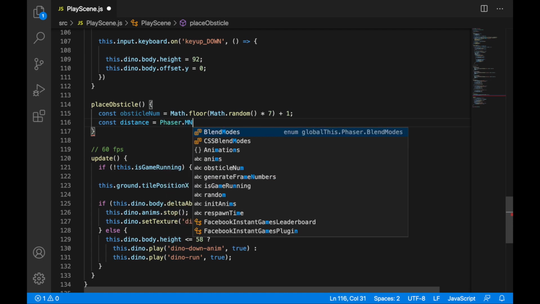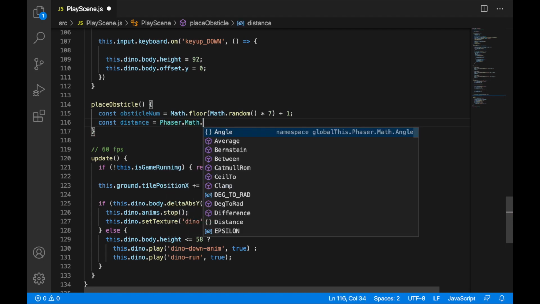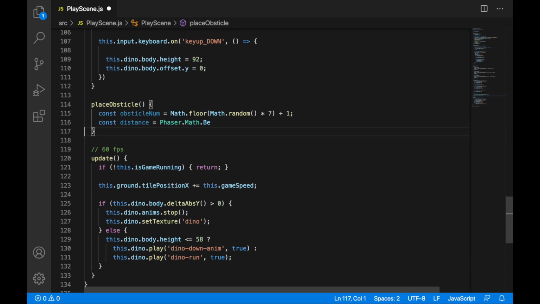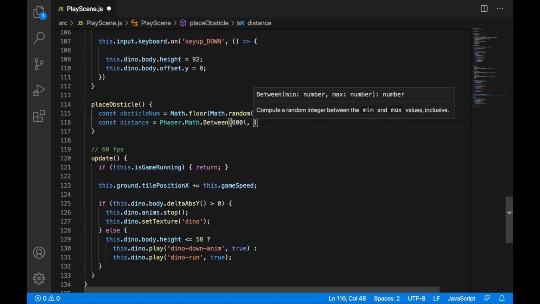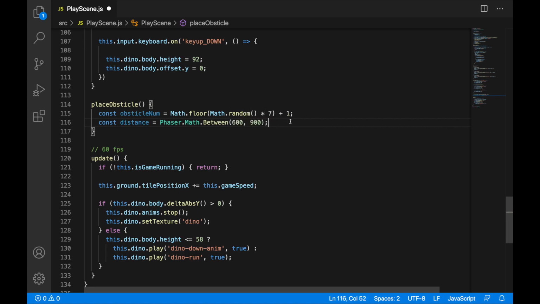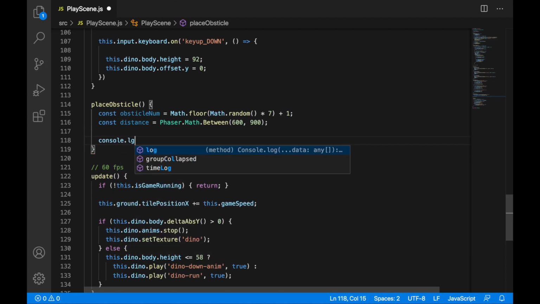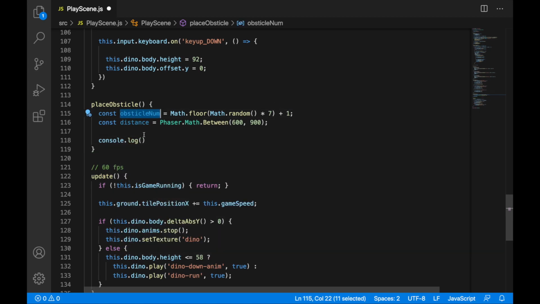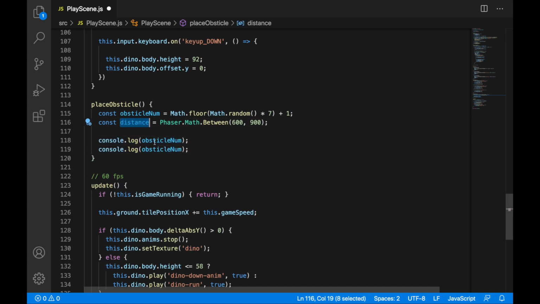Okay, let's write here Phaser.Math.Between, and let's say the distance between the obstacles should be between 600 and 900 pixels, randomly generated. Okay, and I will console log this information. Console log obstacle number. All right, and let's console log the distance. Perfect. Now I would like to place these obstacles, and we'll be placing these obstacles in the update function after